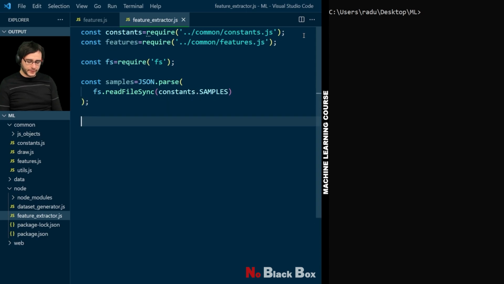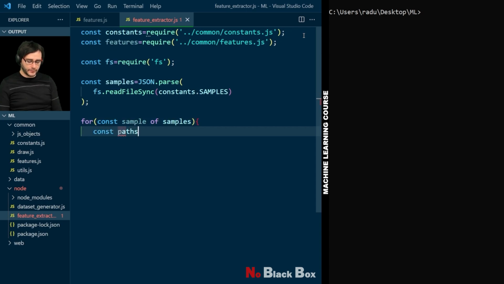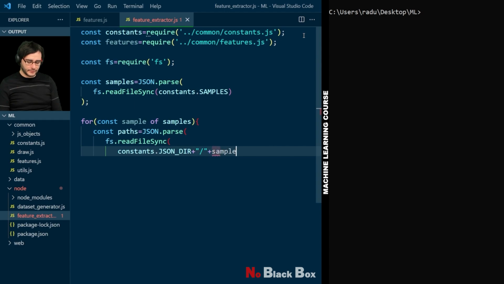And then to extract the features, we are going to loop through all of the samples. And from each sample, we will get the paths by parsing whatever is inside the JSON file containing the paths, identified by the sample